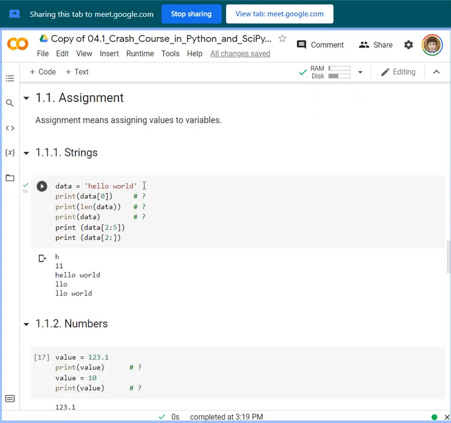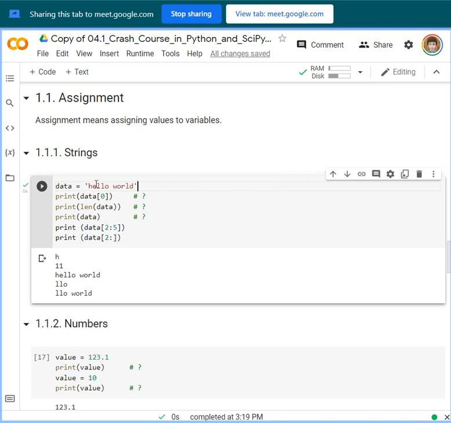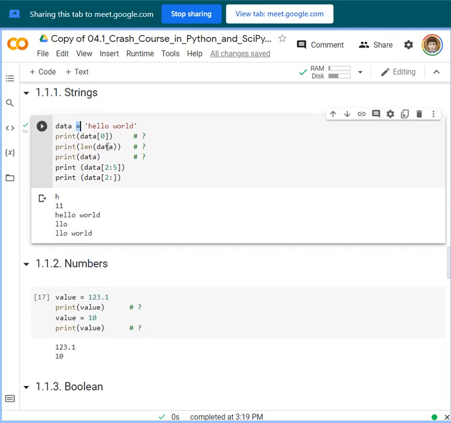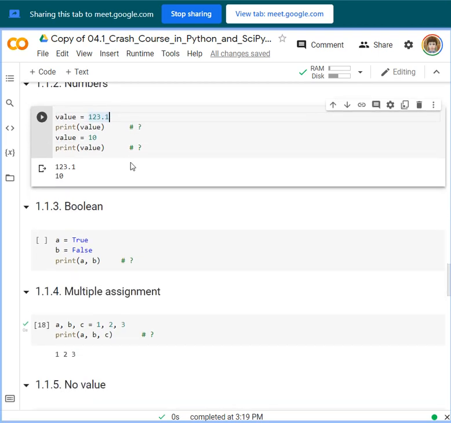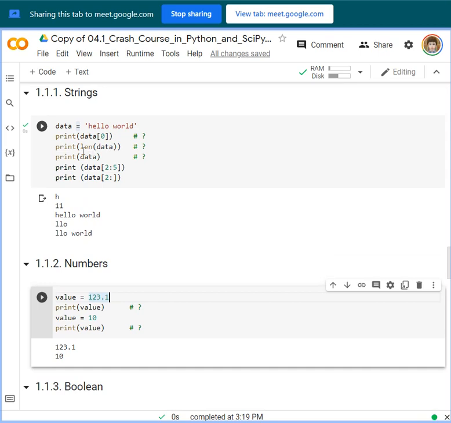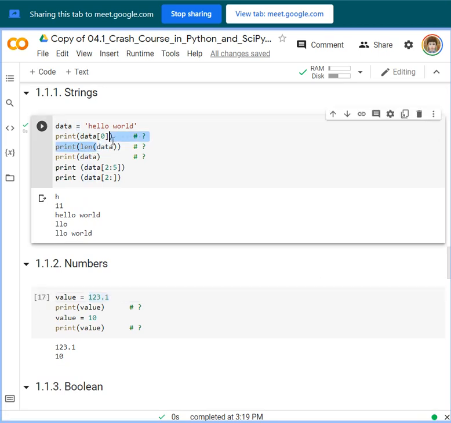For assignment of strings, you use single, double, or triple quotes, and then use the equal symbol to assign to a variable. For numbers, we do not use quotations. We also use len followed by the variable to determine the cardinality of the string.